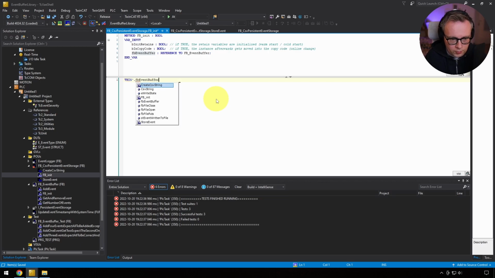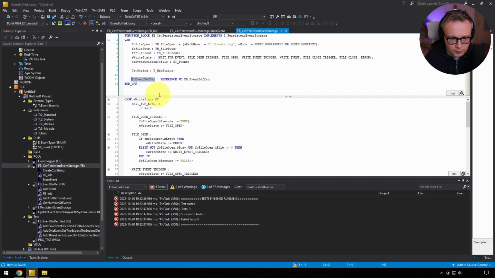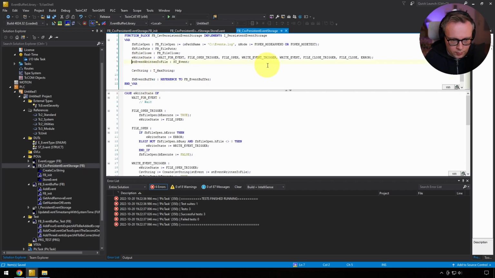We're gonna set it to this event buffer. This event buffer is the reference that we're providing. So it's gonna have a handle to the event buffer, which it should use instead of this guy. So we can remove that guy.